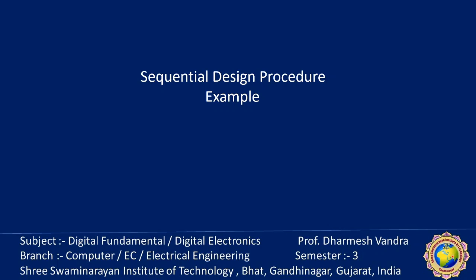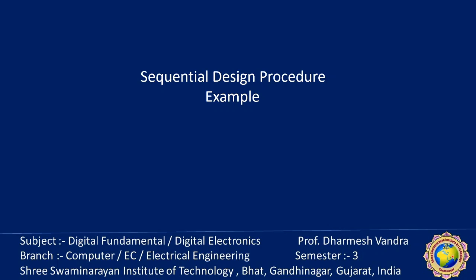In contrast, a combinational circuit is fully specified by a truth table, while a sequential circuit requires a state table for its specification. So, always remember that. The first step in the design of a sequential circuit is to obtain a state table or an equivalent representation, like a state diagram or state equation. Any one of these is required before starting the sequential circuit design. We have to understand and obtain the state table, state diagram, or state equation.